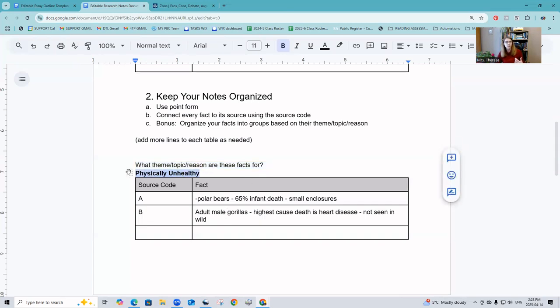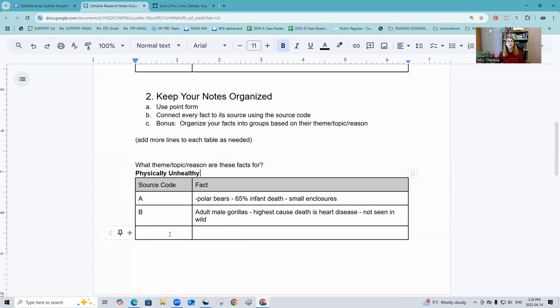So you see how I labeled this one physically unhealthy. I'd want to be finding more sources that show that animals in zoos are ill or dying because of diseases or other health concerns that are not evident in the wild, are only evident in zoos.